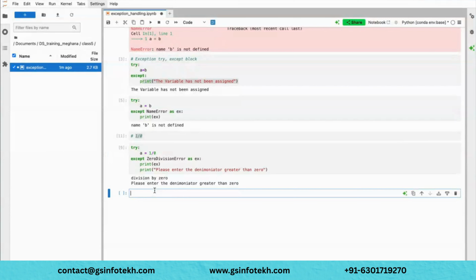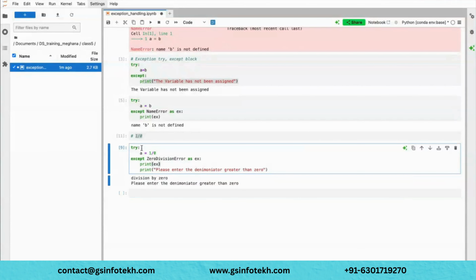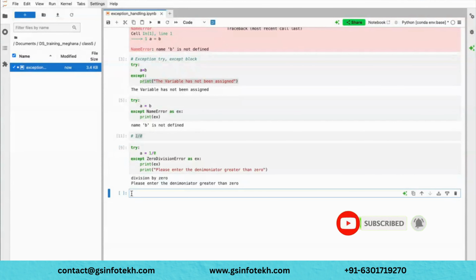So far we handled only one type of exception, correct? In one line only we got the error. What if there is a bigger function and you get multiple exceptions? Or a for loop is there, and in the loop you have a variable, and maybe you are going into an infinite loop somewhere. There will be another error occurring. You don't know, right? So in those cases, how do you handle multiple exceptions?